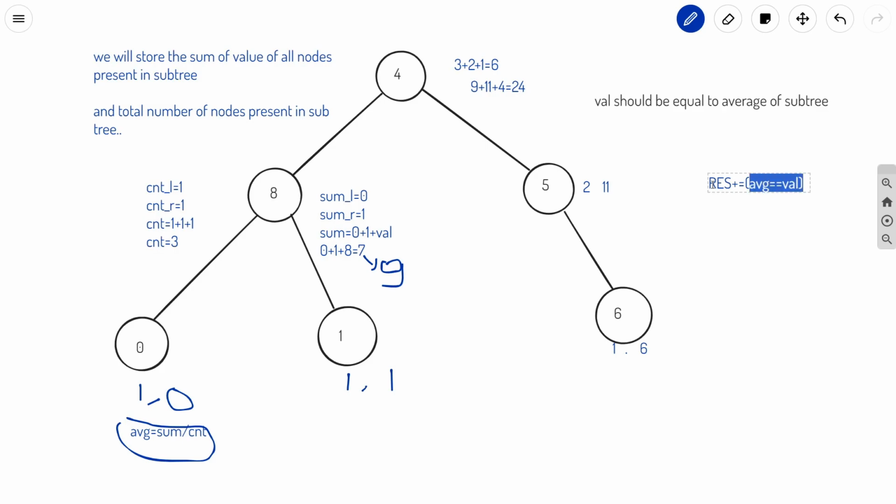We will use this in the function that we use for recursion, for traversal of this tree. This will be done when the average is equal to the value, and res will be increased. Here res is nothing but the total number of such nodes, which we will return.